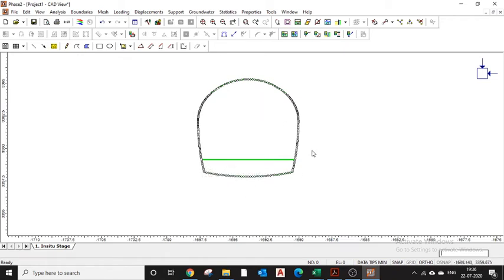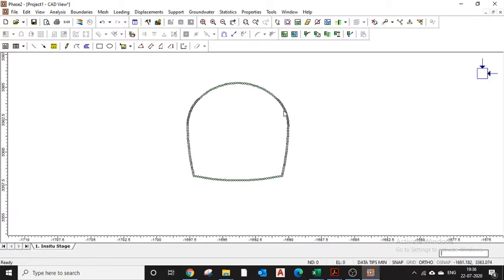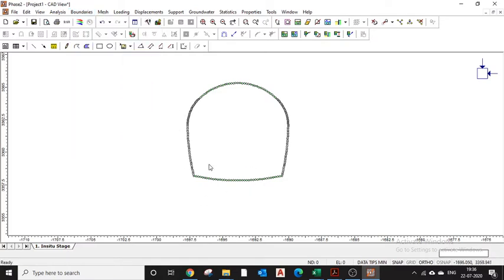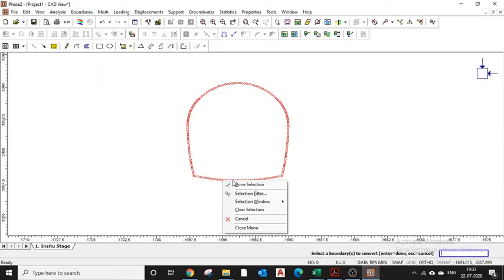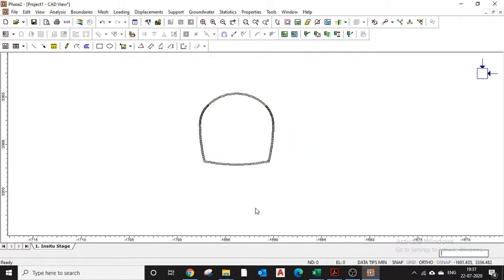This is the excavation line of my tunnel. I will just remove this for now. The shape is a horseshoe-shaped tunnel. As you can see, this is in a material layer, so I will quickly convert this into an excavation layer. I will just go here, choose excavation, and click on OK. Okay, so this is my excavation boundary of the tunnel.